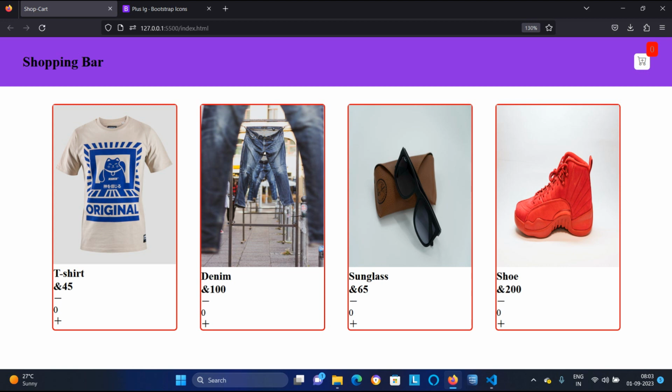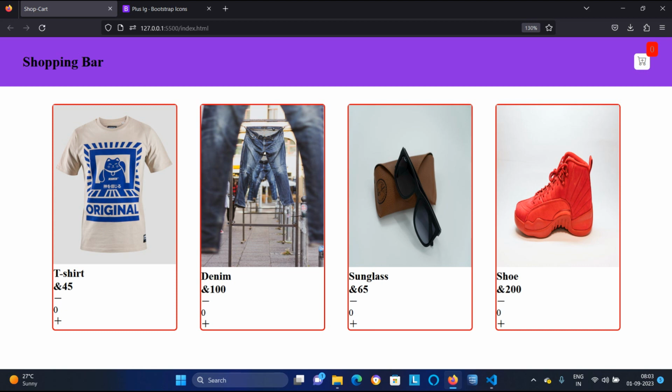I will not style this bottom text right now. I will style it in a later class. So far we have successfully created our nav bar and the cart in this way.